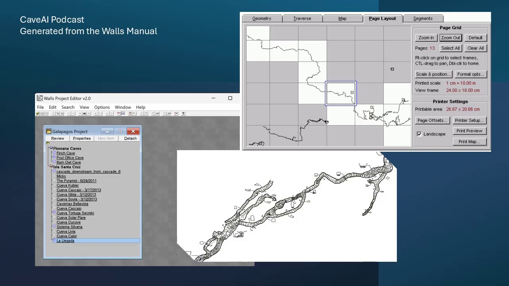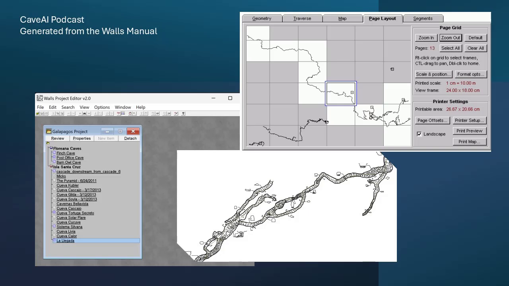It's like this blend of old school exploration and cutting edge technology. It's really captivating. It's not just about pushing the limits of where we can go, but also pushing the limits of how we understand and represent these hidden worlds. Beautifully put. And to emphasize that point, the manual actually goes into detail about the different taping methods used in